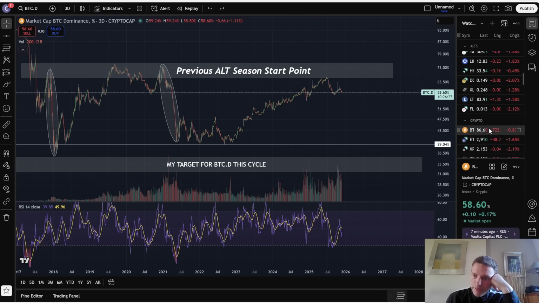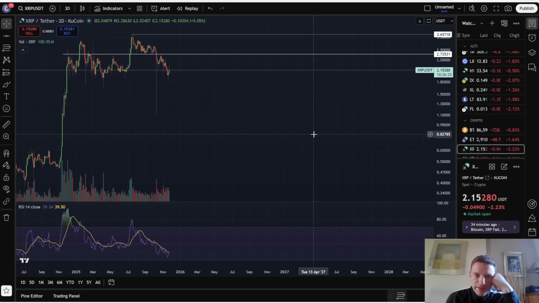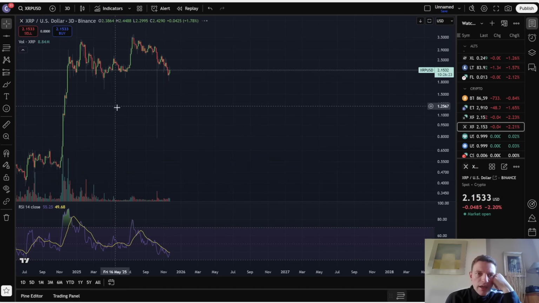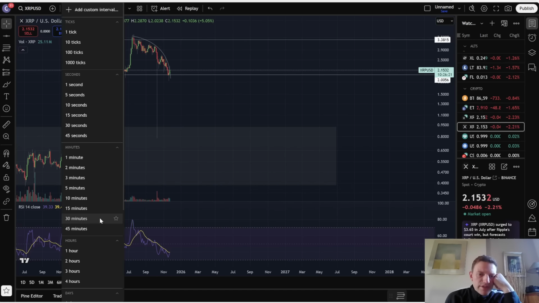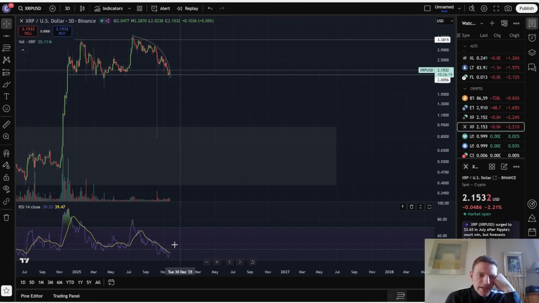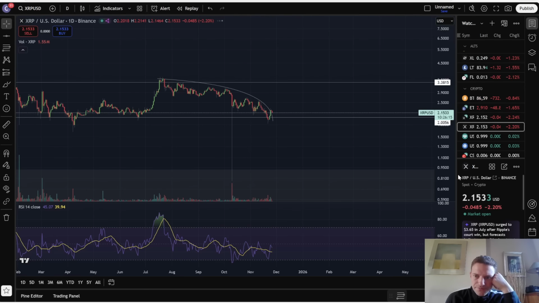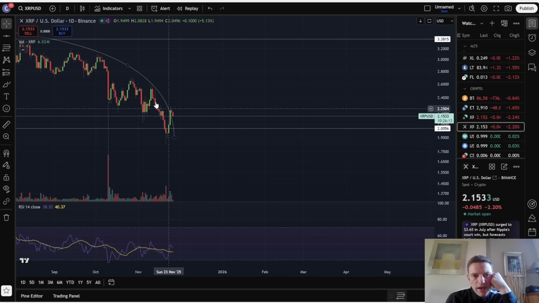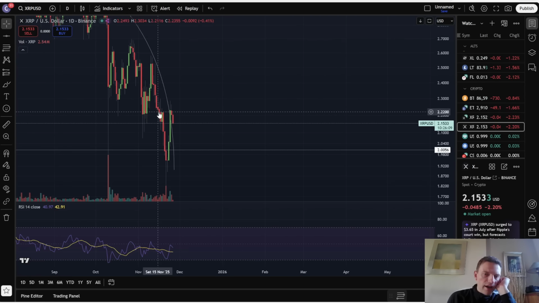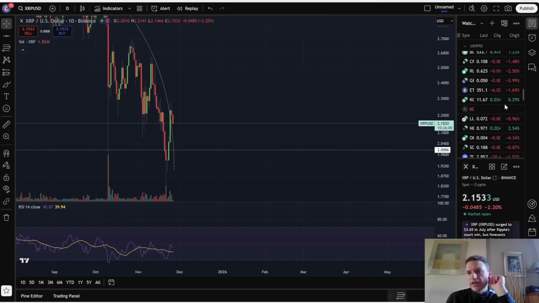I said I'd finish with some XRP, but there's not too much to update, as I made a whole video on it yesterday. What I would be looking for is some continued positive price action today to confirm the bullish cross on the 3-day. And if we just take us to the daily look, we did break out of this arc, but have since been continuing this downtrend. Now, we did have a higher high close than these recent highs here,